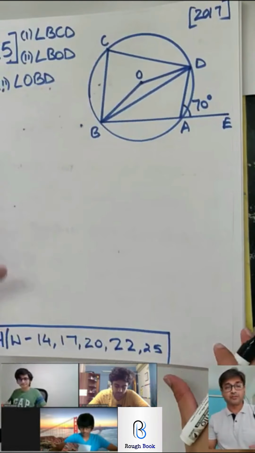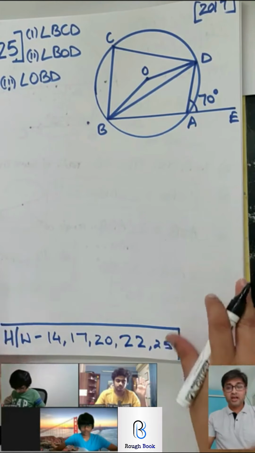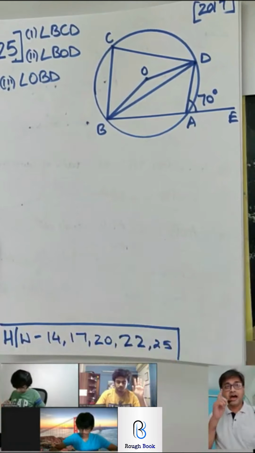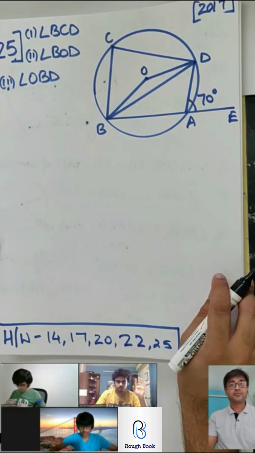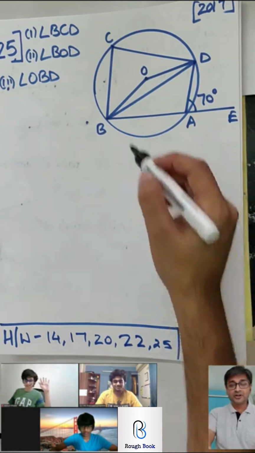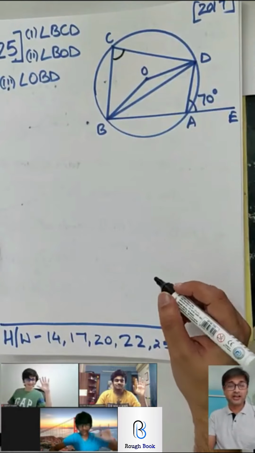The last question of this chapter, sum number 25. 25 is really simple. Let's see. Let's have a race round between these three guys. So the moment I ask the question, the hand which goes up first, I will ask them. Shubhan, not now. Once I ask the question, don't cheat. Alright. So first one, BCD. Yes. Who's giving me the answer? Shubhan, that was quick. Tell me how much.